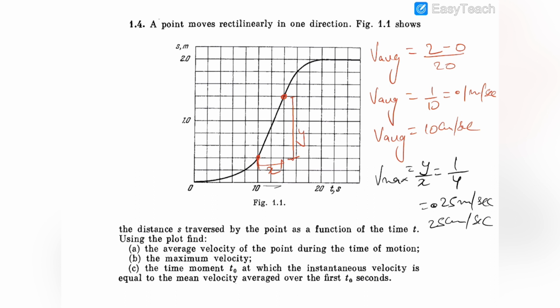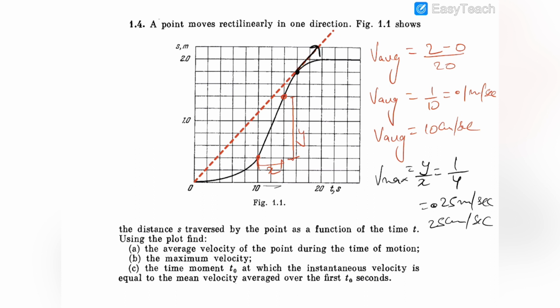Now part C says that the time moment t naught at which the instantaneous velocity is equal to the mean velocity averaged over the first t naught seconds. It means that we have to find out that time at which the instantaneous velocity is equal to the average velocity. So we know that if we draw a tangent on this graph like that, you can see that at this point